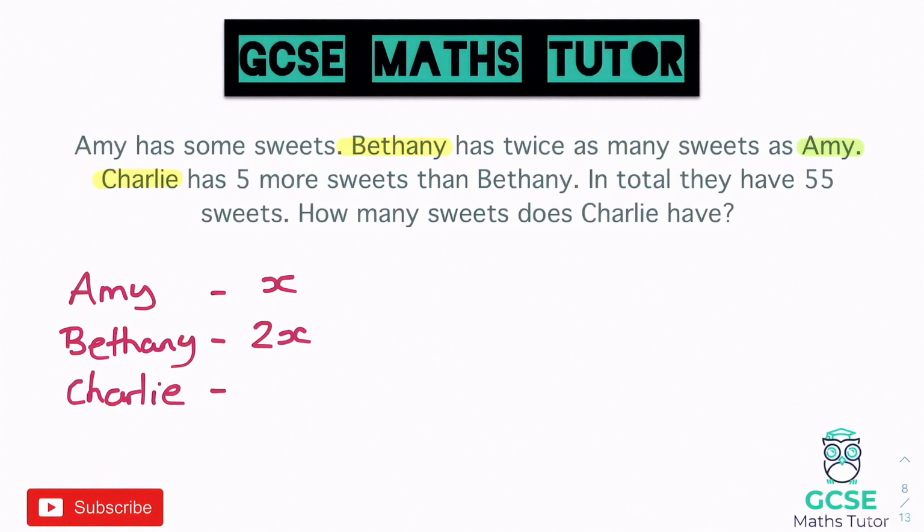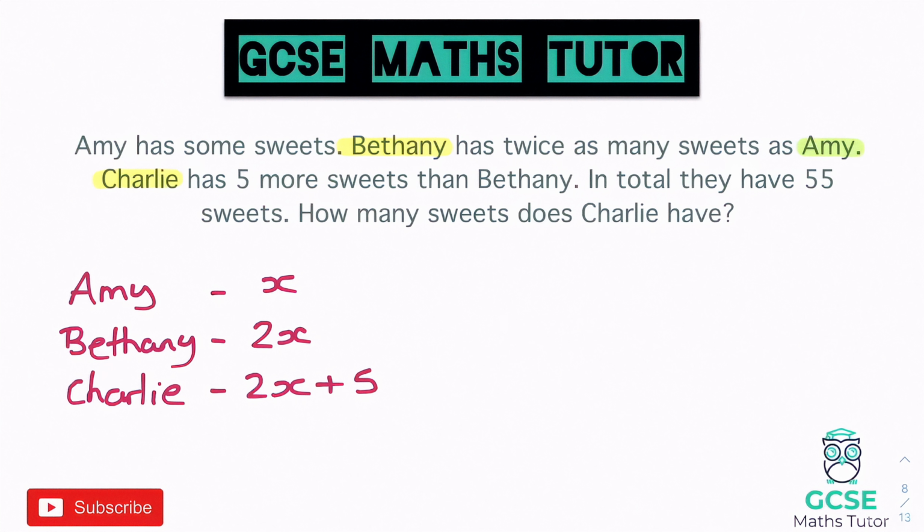So Charlie has 5 more sweets, exactly 5 more than what Bethany has. Now Bethany's was 2x. So we're not going to times it by 5, it's just 5 extra sweets. So Charlie is going to be Bethany's 2x plus an extra 5. Obviously, if it had 5 sweets less than Bethany, we'd have 2x minus 5, but it's 5 sweets more than Bethany. So there we go, we've got 2x plus 5. Right, so we've got our 3 expressions for each person, and now we can actually have a look at forming